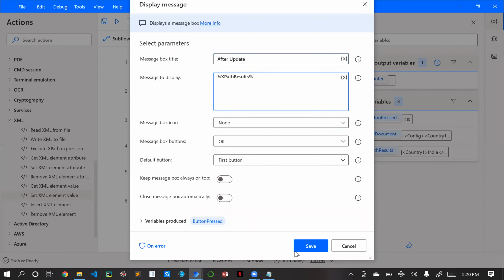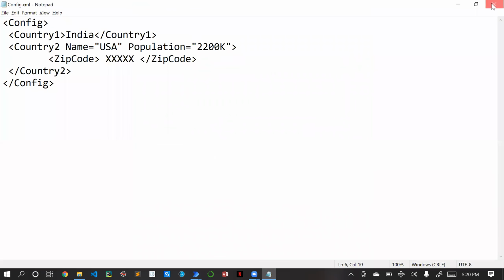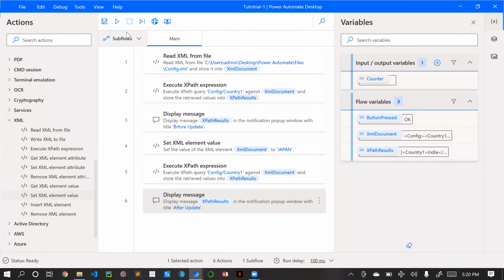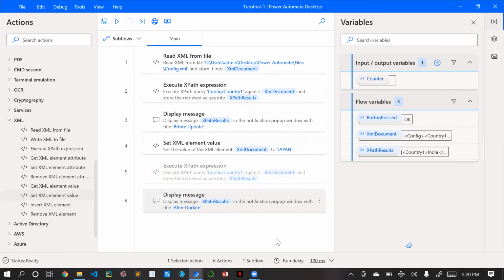Let me close this, and let me close this file also. As of now, I will just disable this part. So now we are reading the file, getting the XPath expression, displaying it, and we are updating our value from India to Japan.